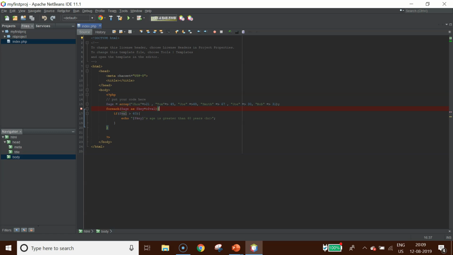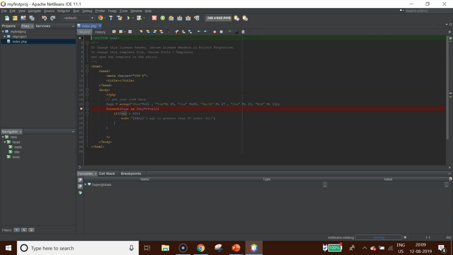So let's debug this application to see whether the Xdebug setup is working fine or not. I have debugged this application, and you can see that it is still loading. That is because the code execution has been interrupted by the debugger, by the breakpoint that I have added. Now in order to move through the code, I can use the step over and step in buttons, and here you will be able to see all the variables